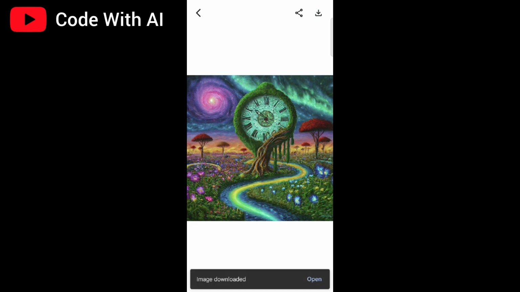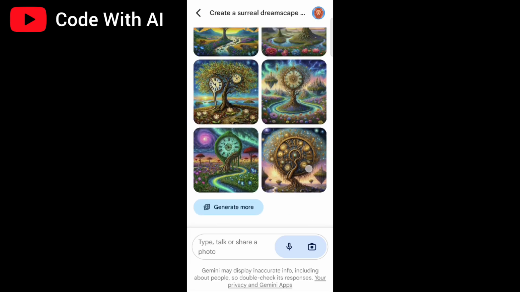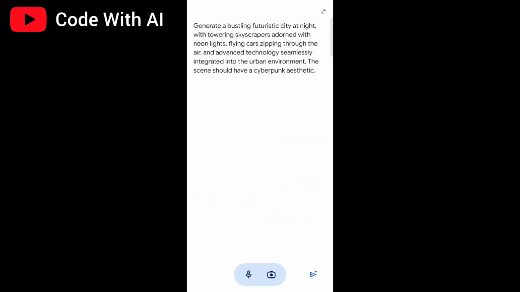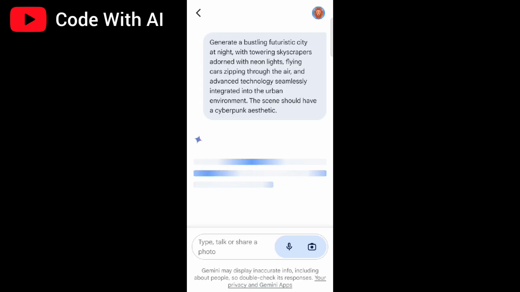Next, let's travel to the future. Picture a bustling futuristic city at night with towering skyscrapers adorned with neon lights, flying cars zipping through the air, and advanced technology seamlessly integrated into the urban environment. We are going for a cyberpunk vibe here, so let's press generate. Google's AI model starts generating my second image